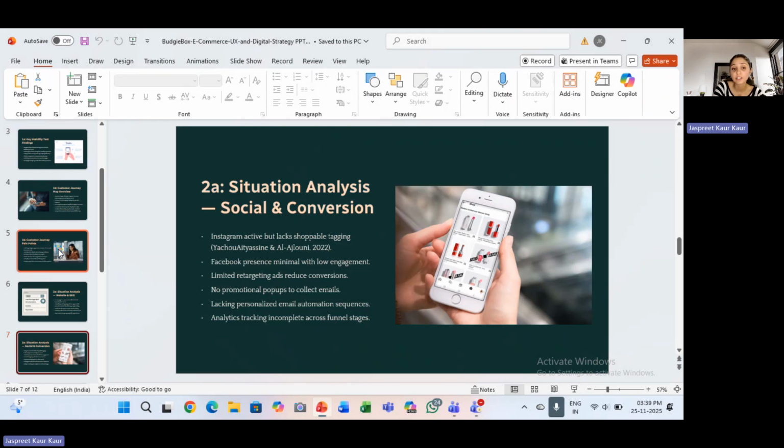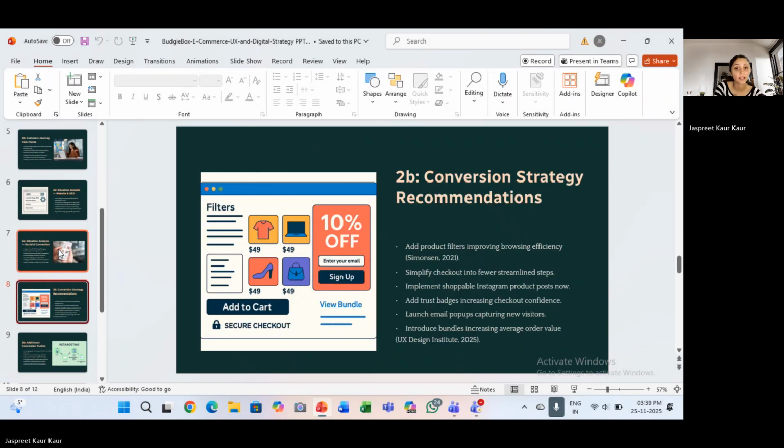The site also misses essential conversion tools such as email pop-ups, first-time discounts, exit intent offers, and automated email sequences like welcome or cart recovery flows. Tracking is limited, making it difficult to understand where users drop off. Overall, the brand has strong design potential but weak conversion infrastructure.